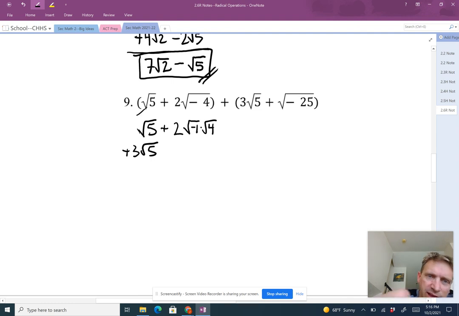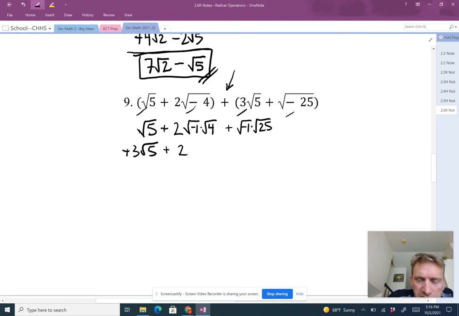Keeping track. Let's see, I've done that one, done this one. I didn't have to change the signs because this time we're not subtracting them, we're adding them, so it doesn't change the signs at all. And then we have plus negative square root of 25, and so I'm going to write that as plus the square root of negative 1 times the square root of 25. And here I get